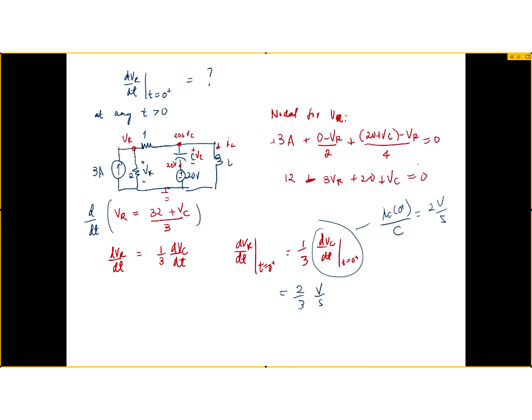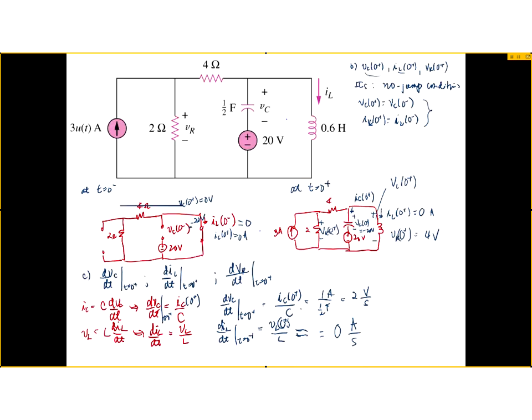Why V sub C and I sub L? Because I already know the values of those derivatives at t equals 0 plus. And the way you do that is so dependent on what the circuit looks like. Okay? And also the dangerous thing about this when you start working on the problems is you might get the correct answer, but your logic is actually not correct. It just so happens that your answer is correct. Okay, and common mistakes are